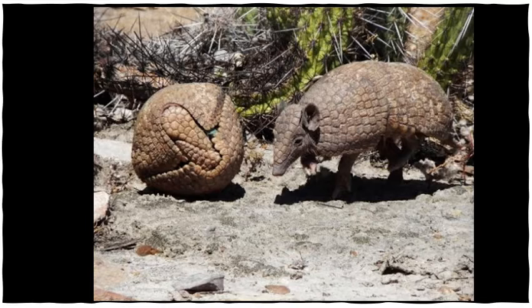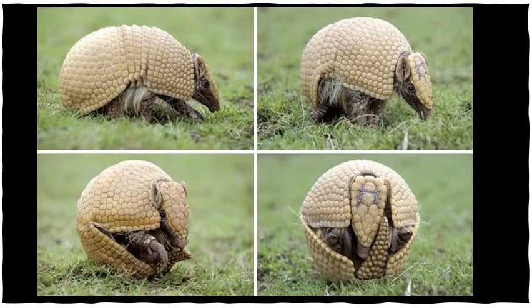There are about 20 species of armadillo living in South and Central America. In addition, one species, the 9-banded armadillo, can be found in the United States. While many of the other species of armadillo are declining or endangered, the 9-banded armadillo is increasing in population and moving northward and eastward. Some have even been spotted as far north